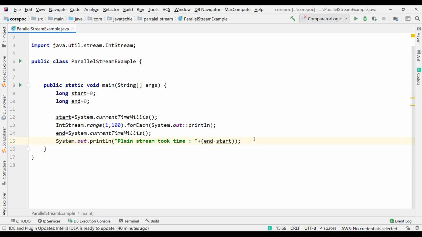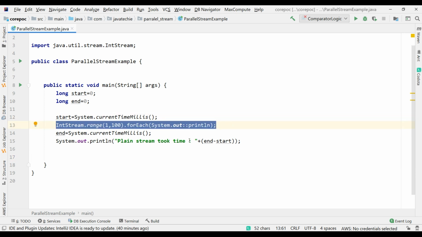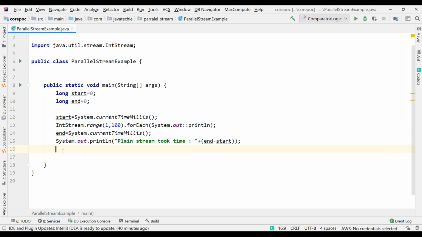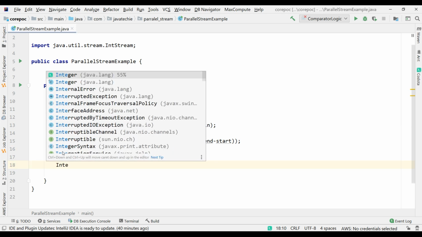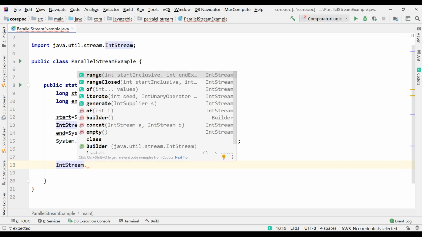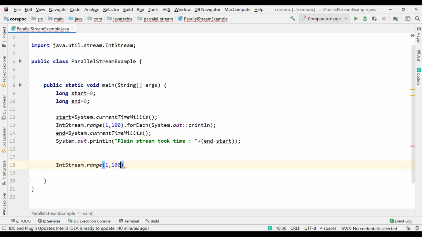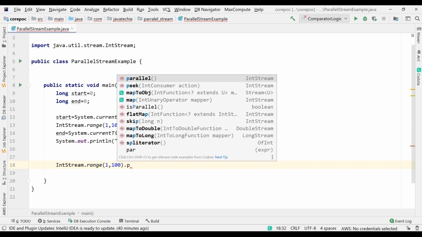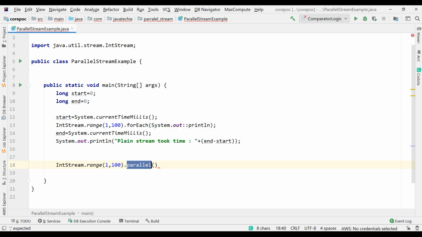Similarly, let's write code to make the execution with parallel stream. So there are two ways we can create a parallel stream. Let's understand that. I'll create IntStream dot range 1 to 100 dot parallel. So there is a method called parallel with which we can execute in parallel. Now here I'll copy the same logic.